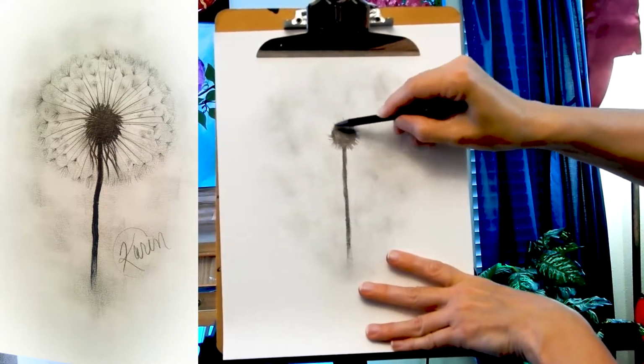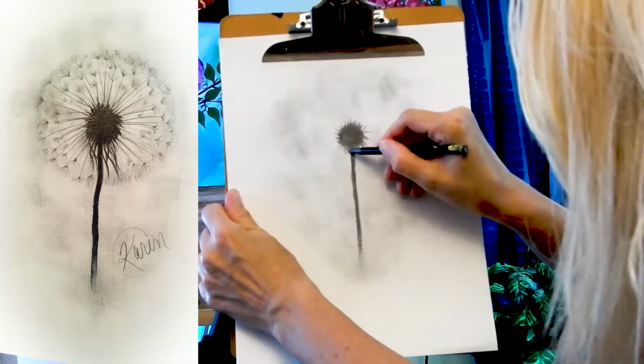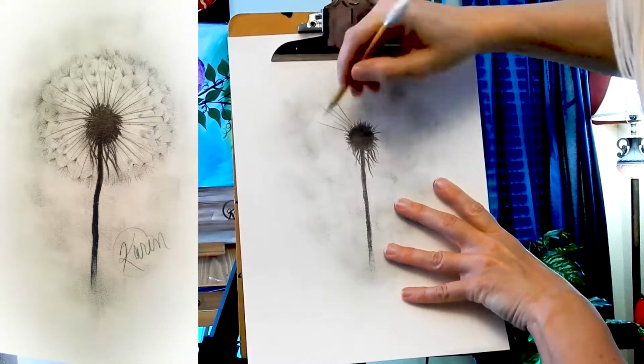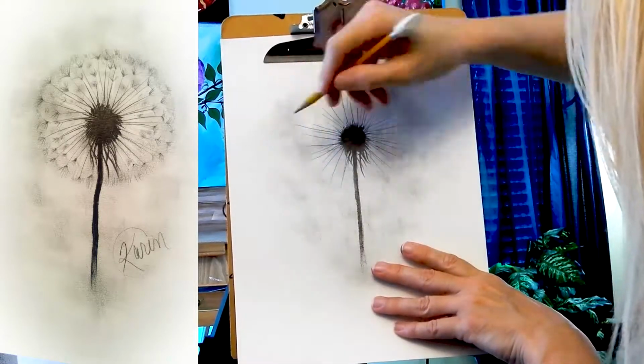Also, we have little strands hanging off the bottom. They're very random, so you can go ahead and freestyle those as well. We're going to put some lines shooting out from the center, and it's almost going to look like a firework. We're going to go around the whole thing, and then do it again and have some not quite go out